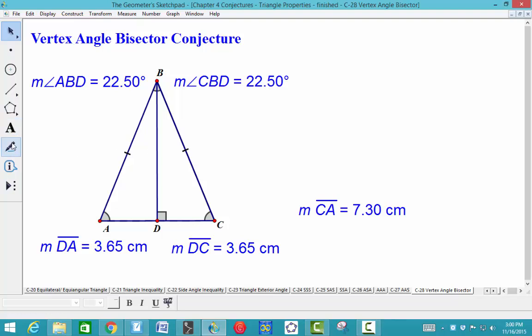Okay, so what do we know? We know that if this bisects the vertex angle, this creates an altitude going from the vertex perpendicular to the opposite side. This also creates a median going from the vertex to the midpoint of the opposite side. And those are the conjectures for chapter